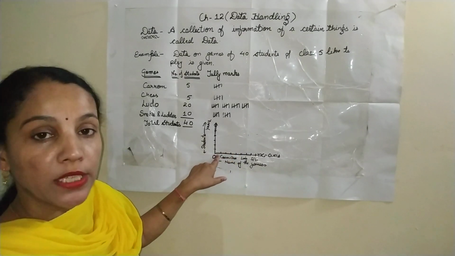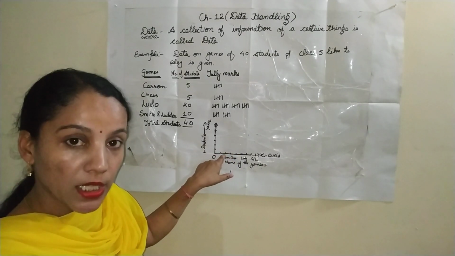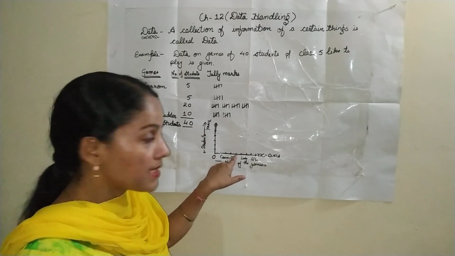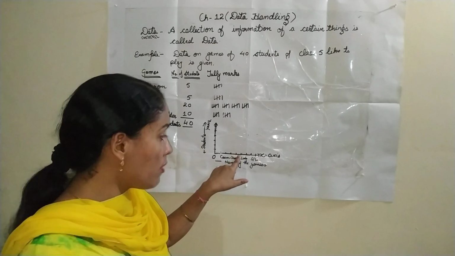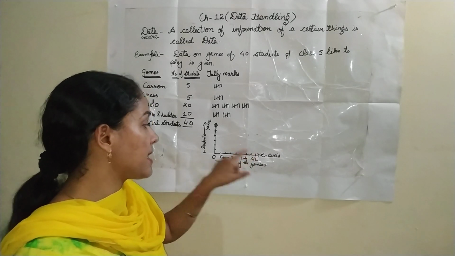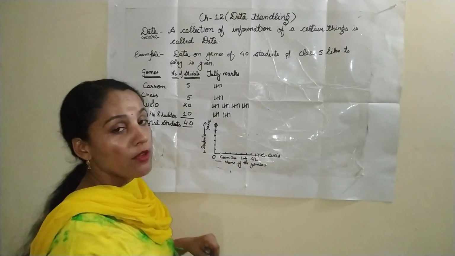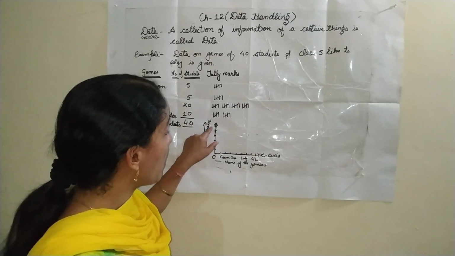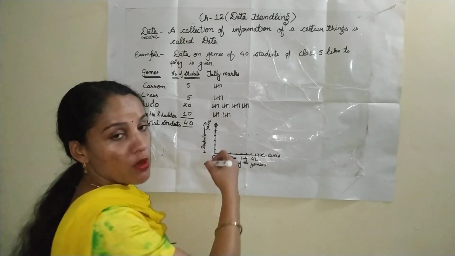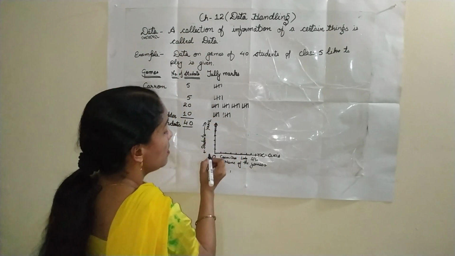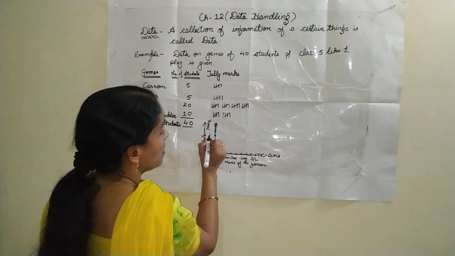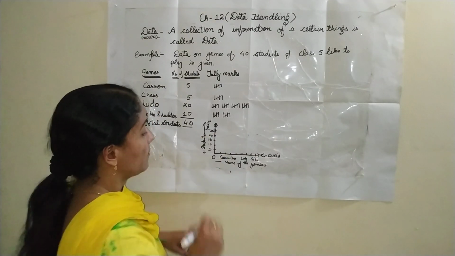First block you have to leave empty, then write the name of the first game, then leave empty, then write the name of the next game, then again leave 1 more box, then write the next game, then again leave 1 and write the next game. Now for the number of students, if I take 1, 2, 3, 4, 5, 6, we get a very long page, but our board is small, so after 0 we take 5, then 10, then 15, then 20, then 25.